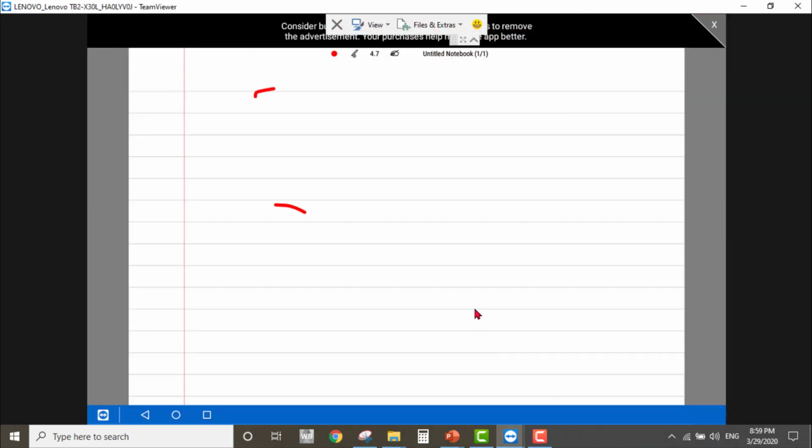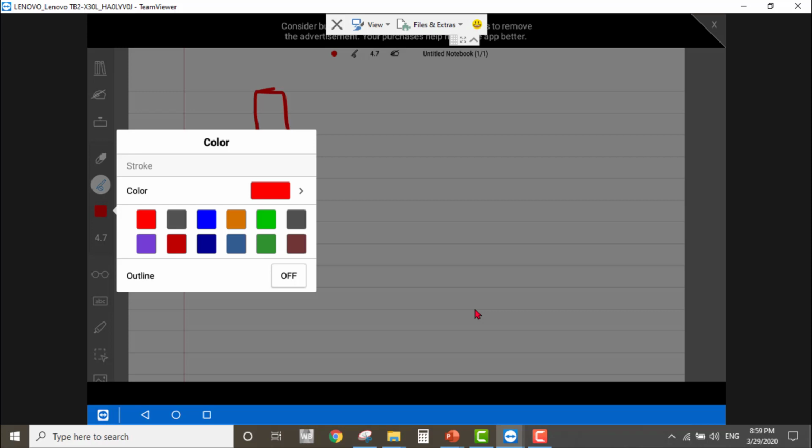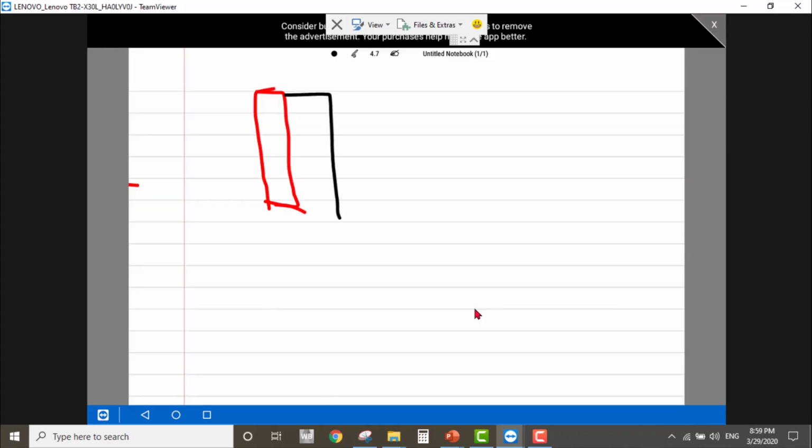Okay, so here we have a wall, and I want to add insulation. So here is the insulation, and here is the resistance network. So this is our insulation, and we can call it our wall, which is equal to, what is the equation for conduction for wall geometry? L over K.